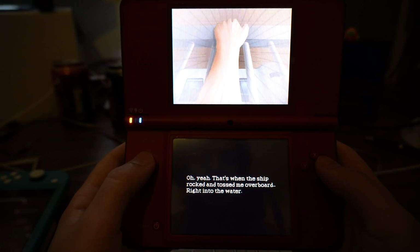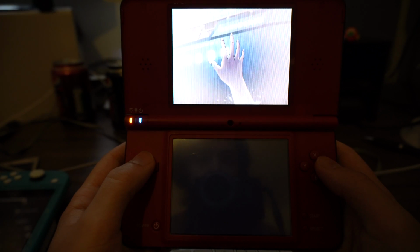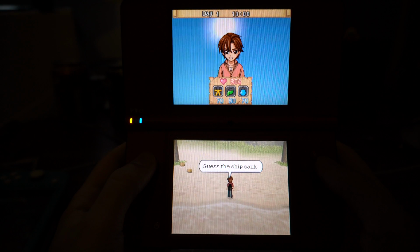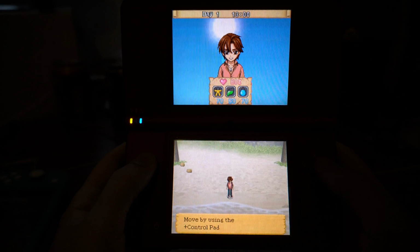And the other game we've got here is Lost in Blue 3. I really loved the first Lost in Blue for the DS. I don't have the second one, but when I saw the third one here, I couldn't pass it up. Fantastic game series. Well, fantastic game. I've only played the first one, but I presume the rest of the series is good as well. There's also a fully 3D one on the Wii as well, which I still need to get, called Shipwrecked, I